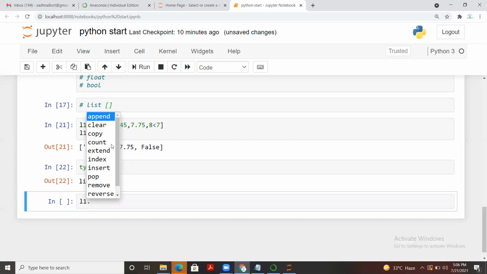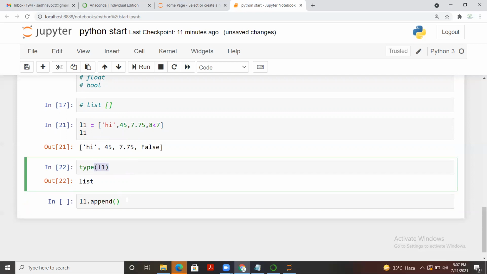One thing I'm telling you: whenever you're going to use any function, just try to understand the meaning of its name. Whatever the name says, exactly the same thing it is going to do. So the first one is append. Append is a function. If I say function, just use small parentheses. Like type was also a function, print was also a function, and you must have noticed that I have used small parentheses. Whenever you see a default function created by Python, or a function we are going to create ourselves later, we always use small parentheses to call that function. So here for append I have used small parentheses.